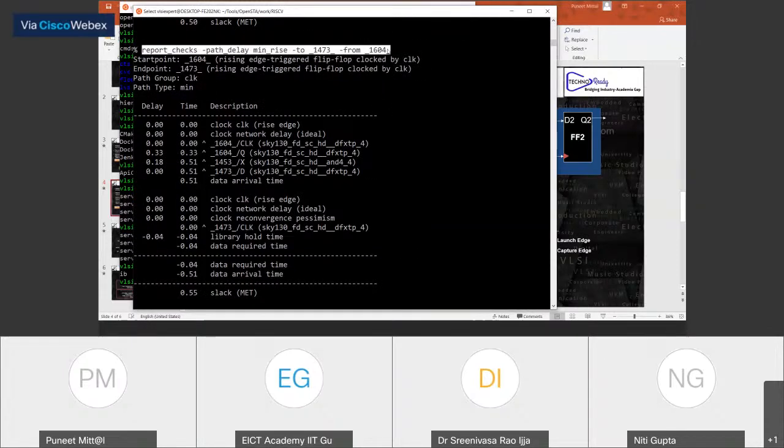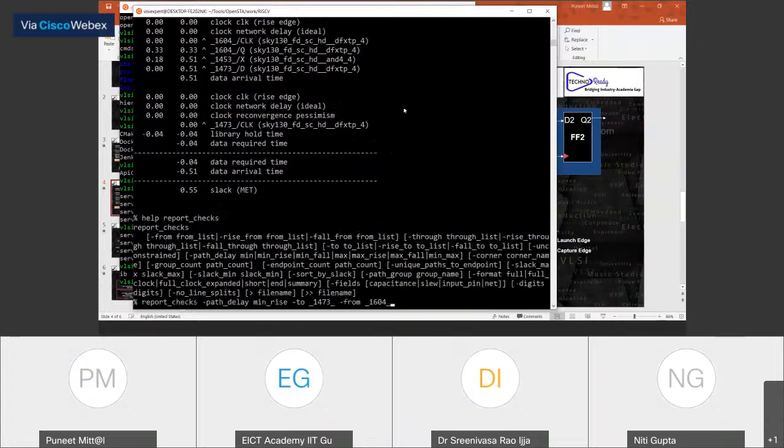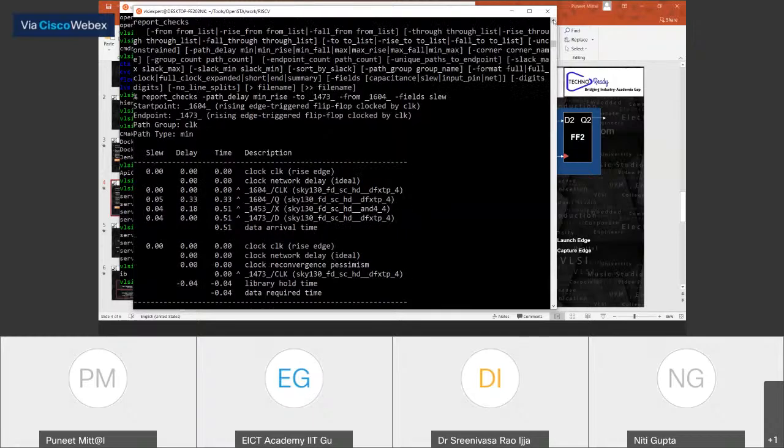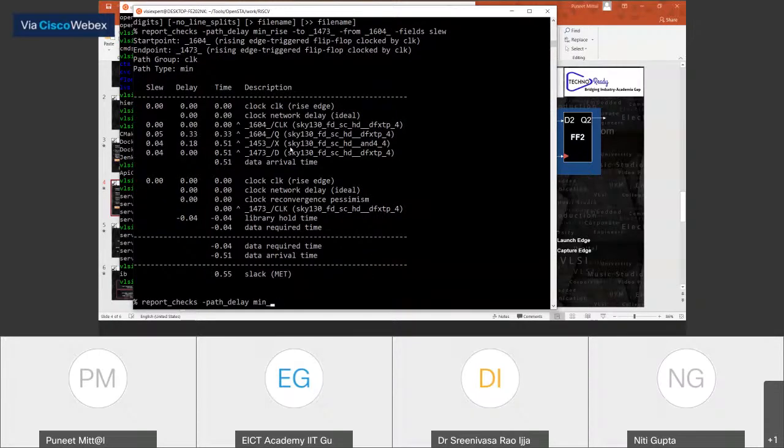So basically we are talking about the fields slew option. Now you will see there is some slew related information here. Now let's try the same thing for rise also, fall also.